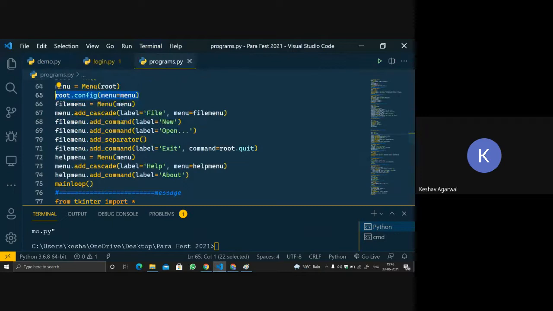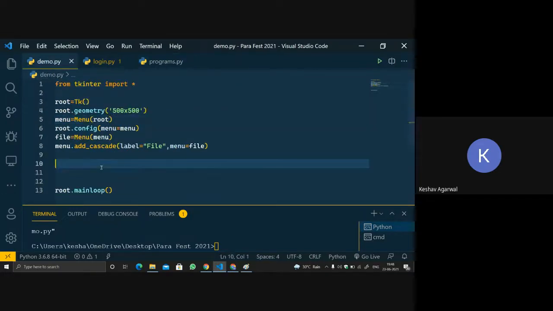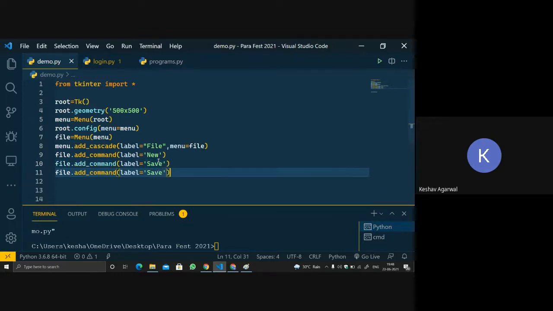So let's add some. We'll use this command, add command. Let's copy it and paste. So instead of file, we have file over here. We will do file dot add underscore command, and then we will add a label to it. The label can be new. Similarly, we'll do another that is save, and then again another that is open. And then over here in Notepad,